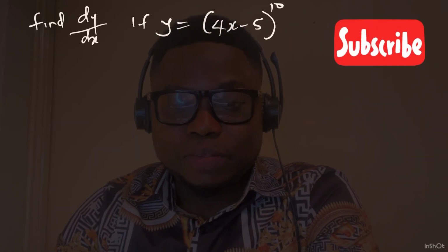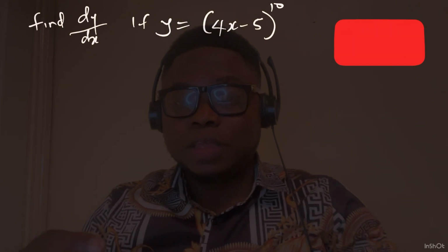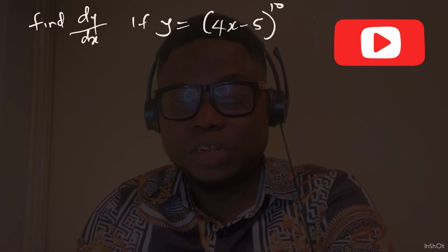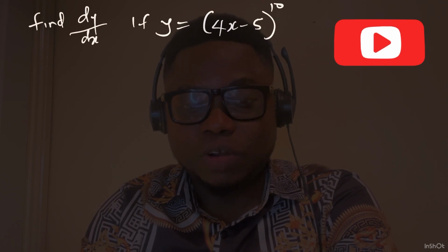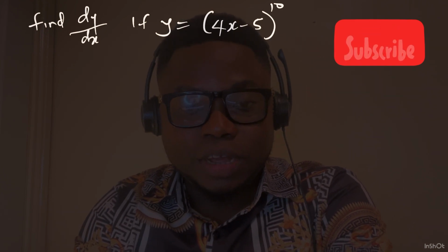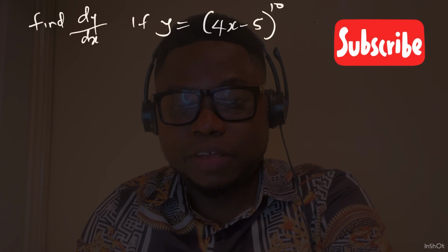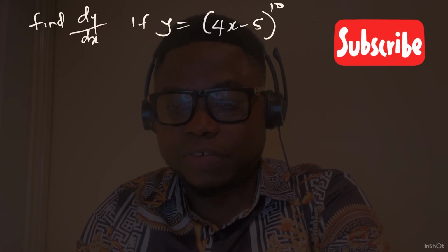Today I'll be talking about composite functions, how to differentiate a composite function. So I'm looking at this question here on my screen. Find dy over dx if y is equal to (4x minus 5) all raised to the